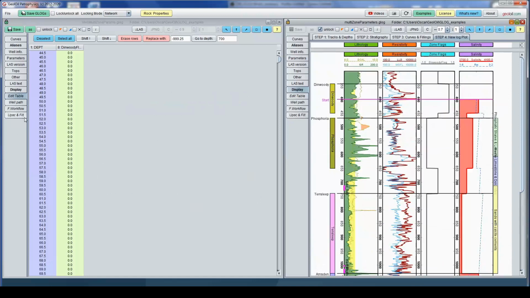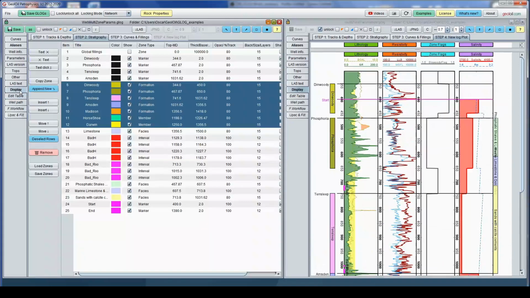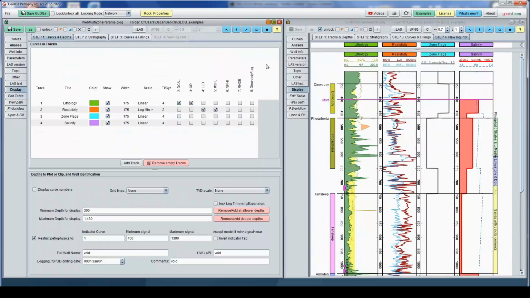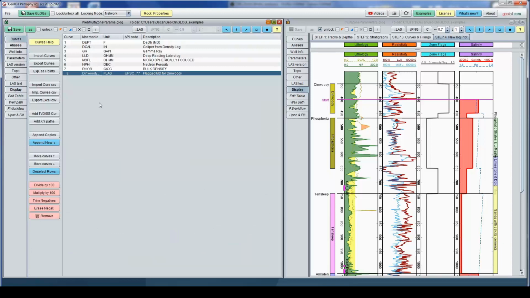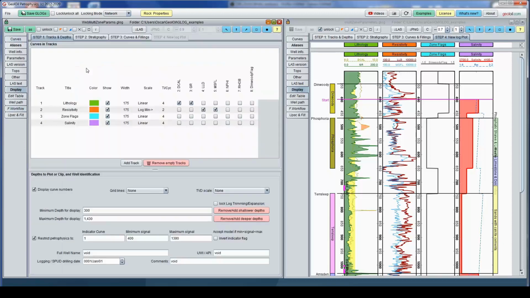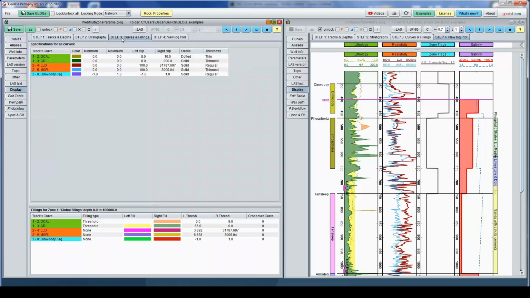Okay, let's replicate that curve here. You go to display, step tracks, put the curve numbers. Okay, the curve number is the number 8. The number 8 in some flags, the number 8. Okay, you can skip to step 3.